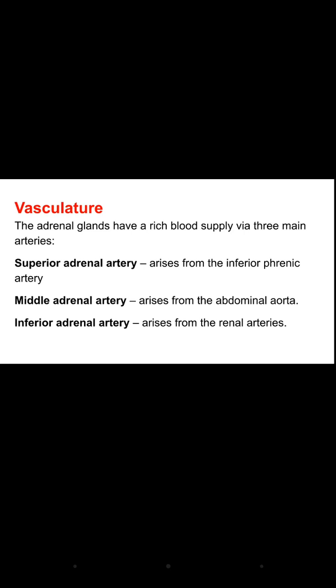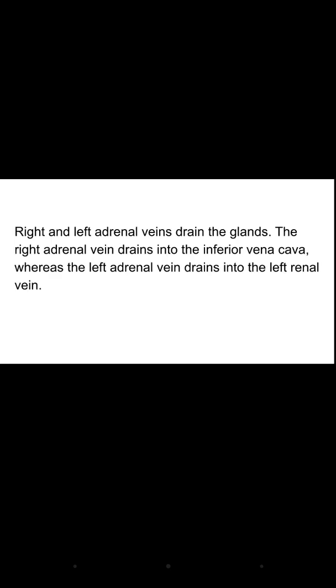Now vasculature. The arterial supply to the adrenal gland is provided by three main arteries. These are the superior adrenal artery, middle adrenal artery and the inferior adrenal artery. The superior adrenal artery arises from the inferior phrenic artery, the middle arises from the abdominal aorta and the inferior arises from the renal artery. Then the venous flow. There are two adrenal veins, right and left. The right one will drain into the inferior vena cava, while the left adrenal vein will drain into the left